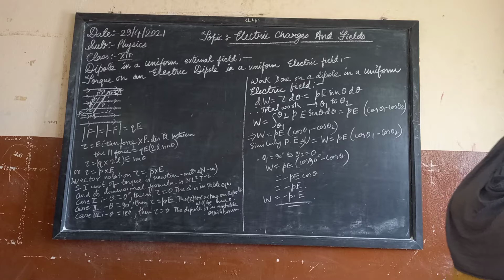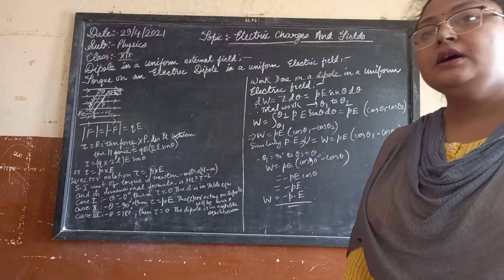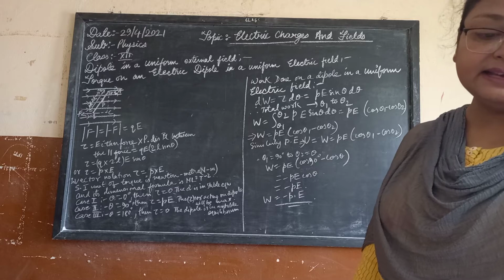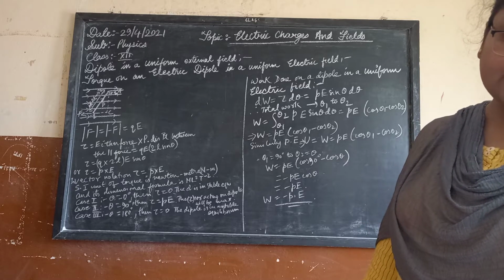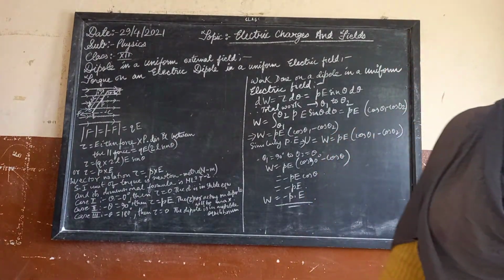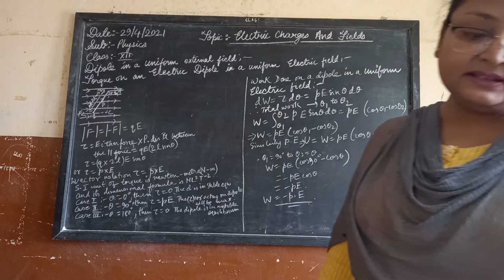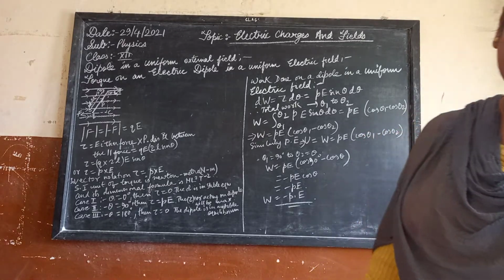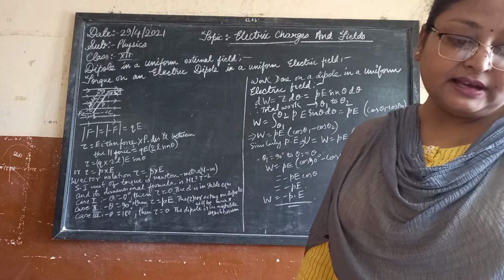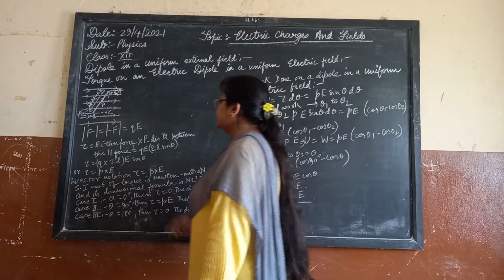What we are taking over here is, consider an electric dipole of the two charges, as we have already seen, Q1 and Q2, or plus Q and minus Q. We are taking the charges in a uniform external field of intensity E. The length of the electric dipole is 2L, the distance between minus Q and plus Q charge. The dipole moment P makes an angle theta with the direction of the electric field. Two forces, plus F and minus F, equal in magnitude and opposite in direction, act on the dipole. So mod F is equal to mod minus F, which is equal to QE.